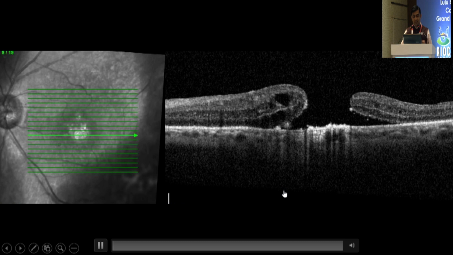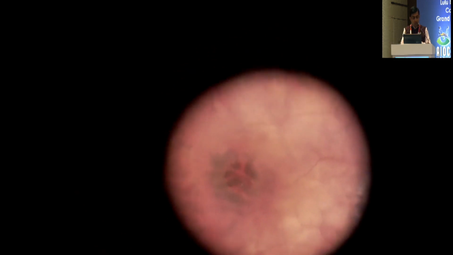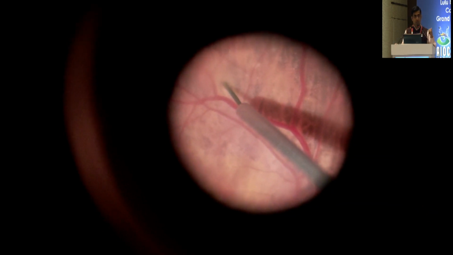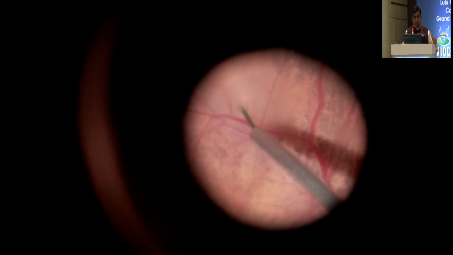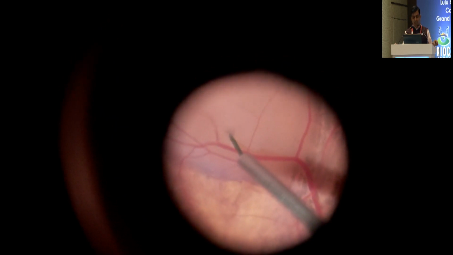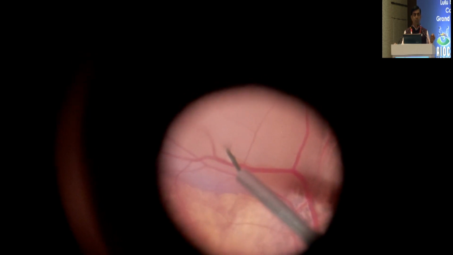Now coming to the next set, before moving to these are a few other things. I think this was first published by Dr. Rajiv Muni. With my mentor, Dr. Waiching Lam, I learned this technique, macular detachment induction. So here you can see I'm using a 42 gauge needle